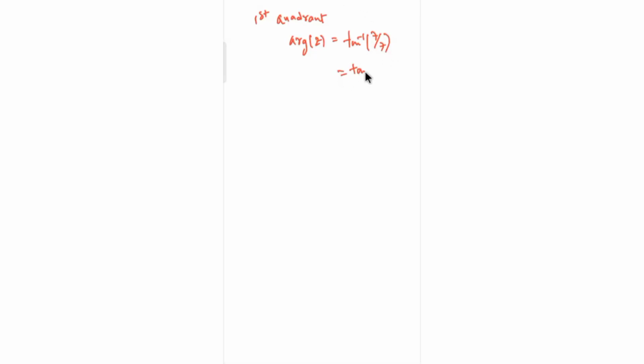So it is tan inverse of 1, which is equal to 45 degrees. Let me assume this as my alpha. And now for the second quadrant, we have argument of z. These are all the principal values of argument. So principal argument is basically pi minus that, tan inverse of